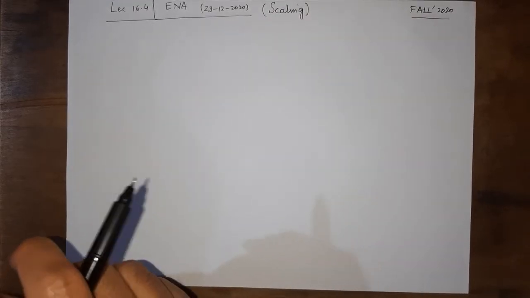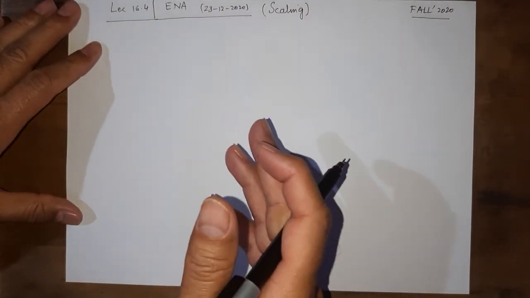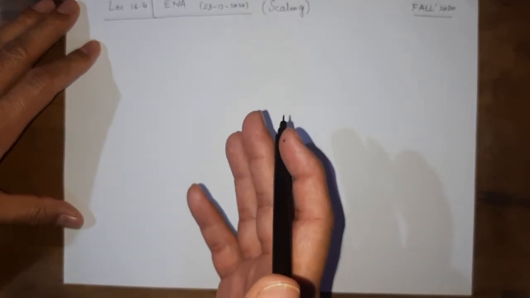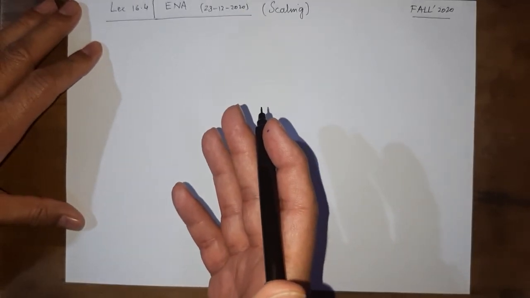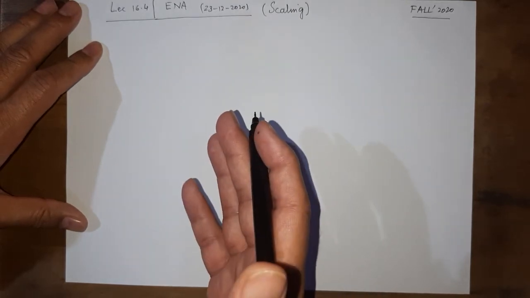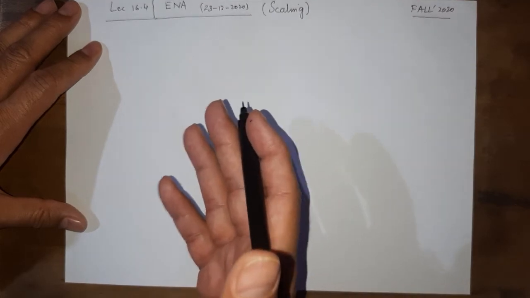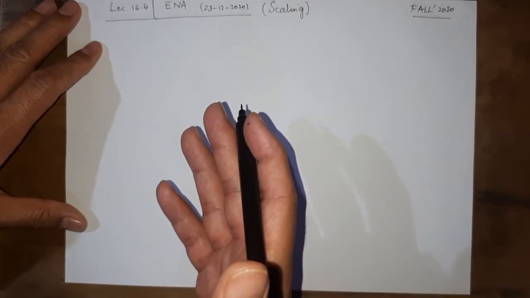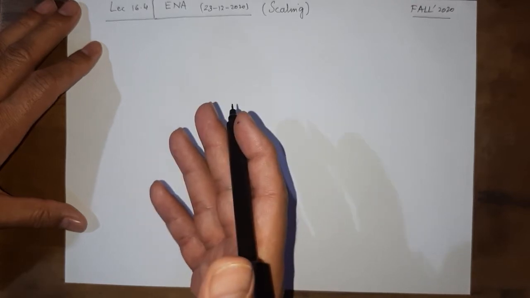Now, this is a very important topic, an interesting one. We have sort of finished what we were to study in this course. It's about the Bode magnitude plot and the Bode phase plot and the filters. That's the last topic. But within the filters, the scaling is a very important topic because you will see that